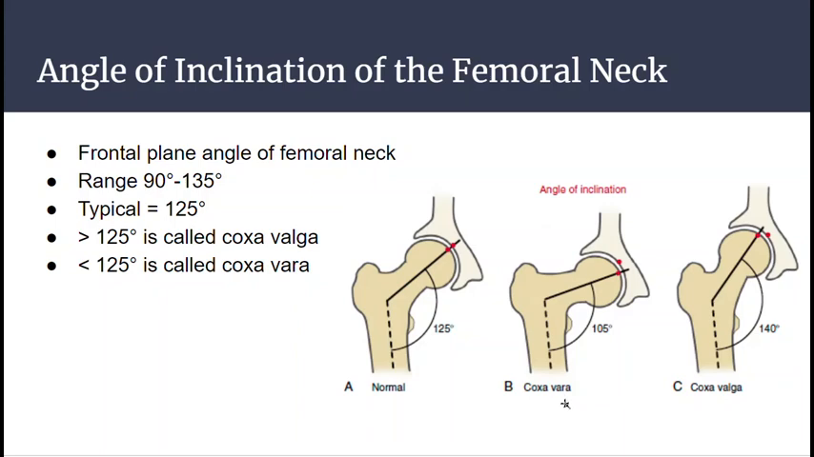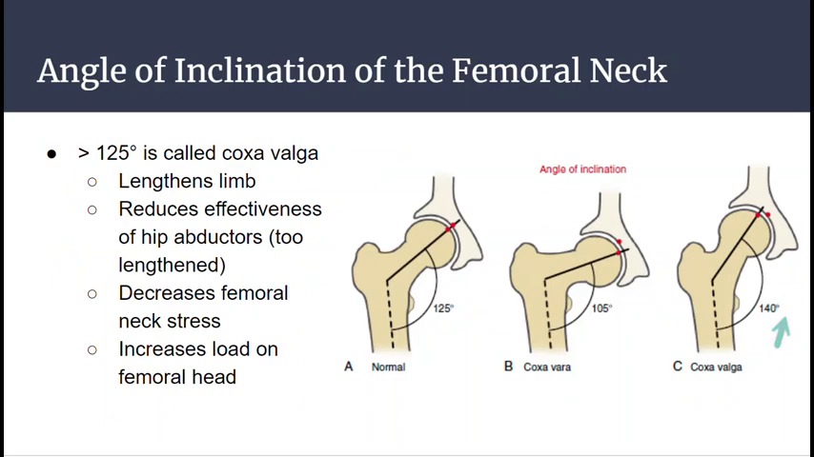What they call coxa vara is if it's less than 125 degrees, so lower, and coxa valga is if it is greater than 125 degrees. And so what does that mean structurally or functionally rather? So less than 125 degrees, coxa valga,